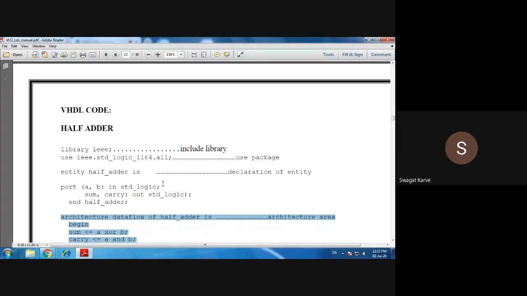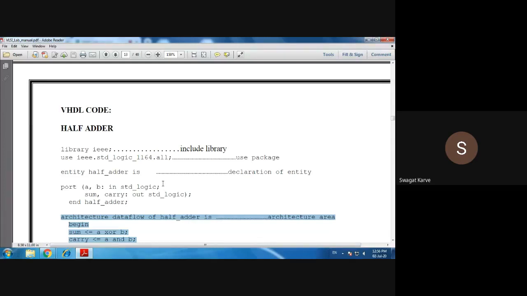Process statement. Very right. It should contain process statement. Then you can recognize it is a behavioral style of modeling, right? So this is how you can identify which style of modeling you have used to program any design. By looking at the program, you can easily find out which type of architecture it is, whether it is behavioral, data flow, or structural style of modeling.